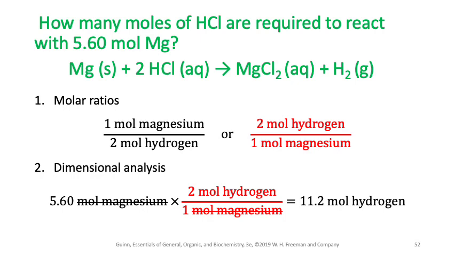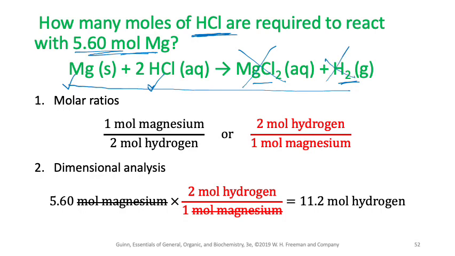So this is the balanced chemical equation which is already given for you, and it's saying using this equation you have to solve the problem. It says how many moles of HCl are required to react with 5.60 moles of magnesium, right? So what is given? Magnesium is given. What do you need to calculate? How many moles of hydrochloric acid? Is there anything given for magnesium chloride and hydrogen gas? No. So we can ignore these, and from these two things that are given and being asked, I can